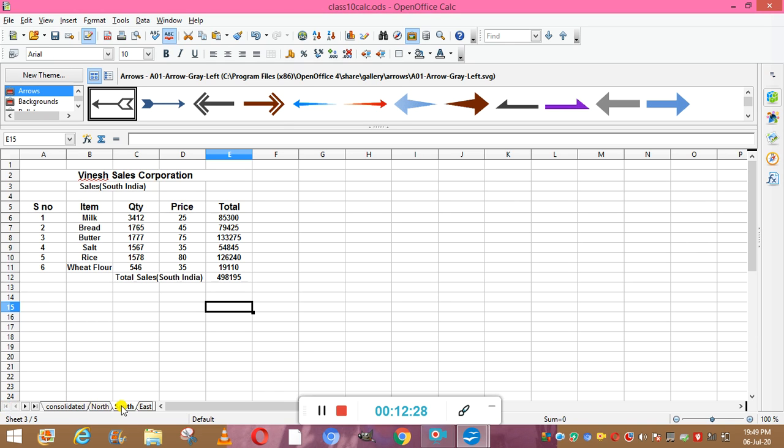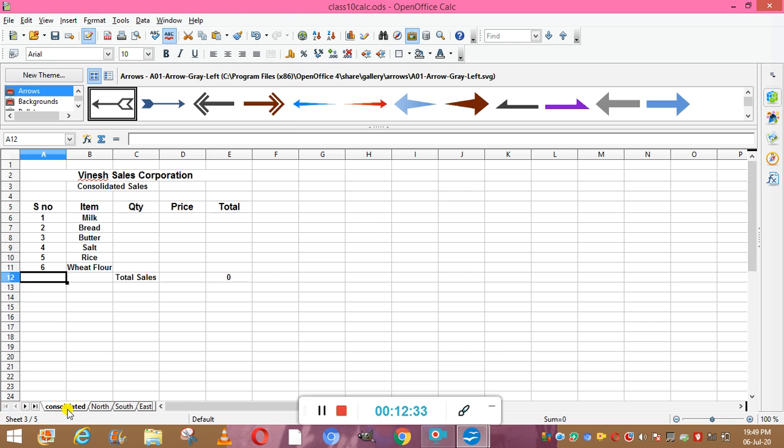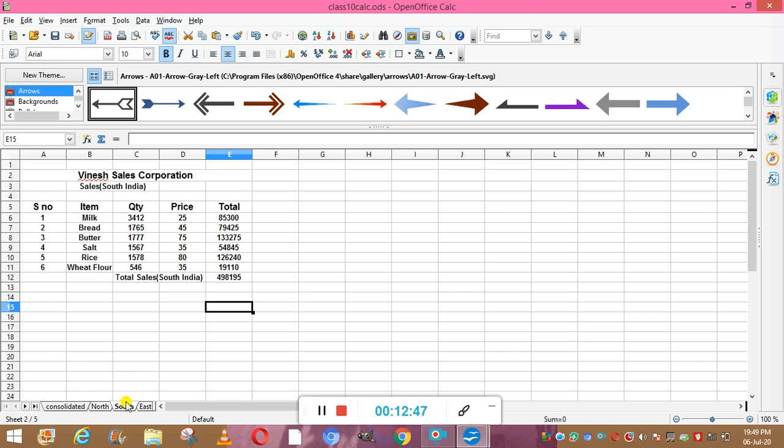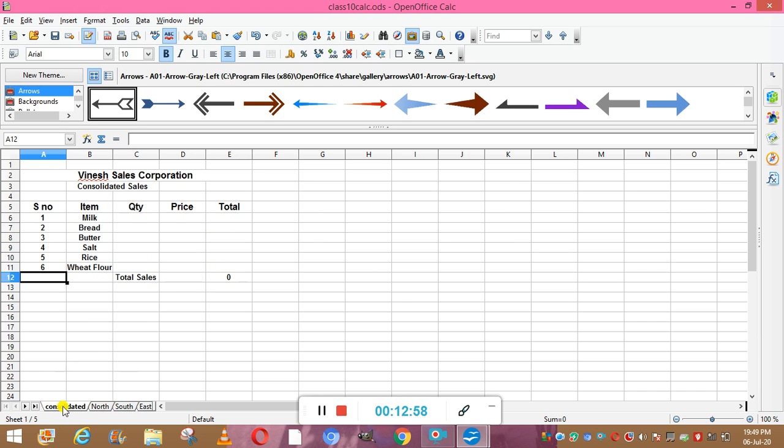Now what we will do, we want that this data should come inside the consolidated, because you can see we have left these cells blank, as we want to copy that data here, because we want to calculate the whole data. Like here we have milk total is this. Okay, and in this south we have the milk total is 85,300. So however many sheets we make, we want that these totals should come here, and it should be consolidated in this sheet. So what we will do after that, the steps are,